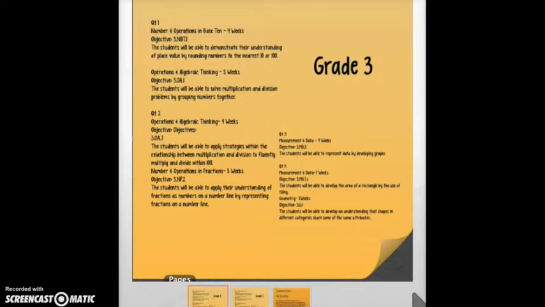In the 2nd quarter, operations and algebraic thinking is continued for the first 4 weeks. This domain was chosen during this time because it was started in the 1st quarter and will serve as a good base for the next domain. The next domain will be numbers and operations and fractions, and it will be the focus for the next 5 weeks. This domain was chosen next because it will be helpful if the students have a foundation of fractions before